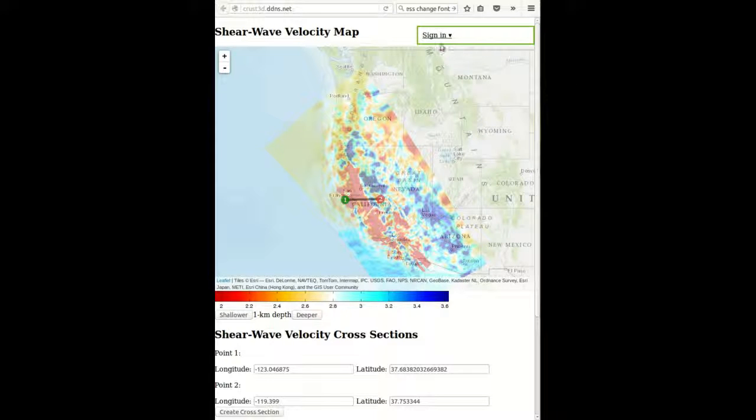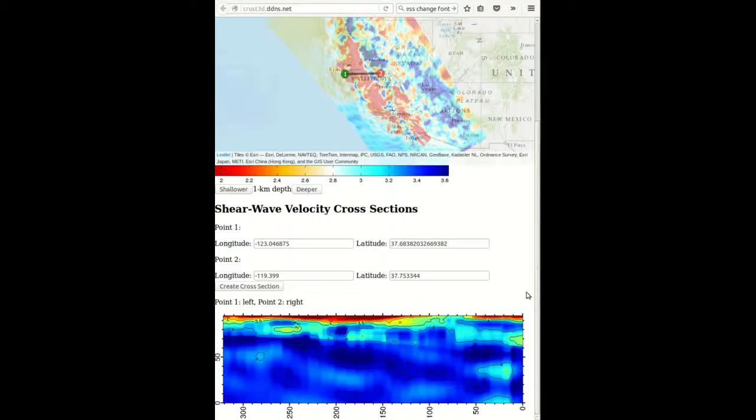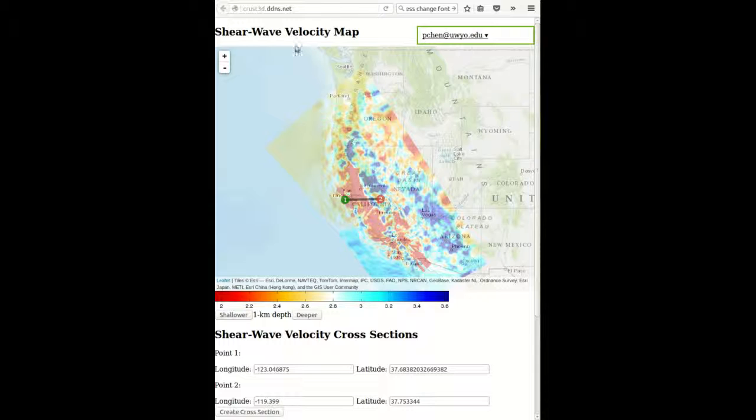I'm going to close it. Sign in. I have an account already, so I'm going to sign in. Password, and then click on sign in. Now I have signed in, and this box displays my email address. But you can see that both the cross section and the map view are still at the default startup page. But if I reload my browser by clicking on the reload button,